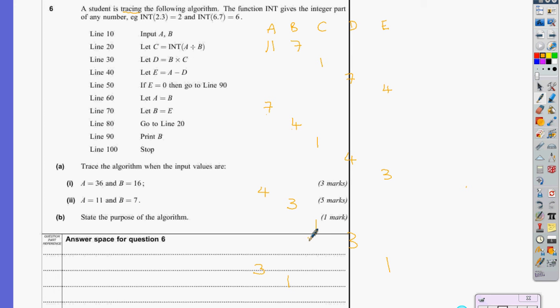C is the integer of 3 divided by 1, which is 3. D is B times C, which is also 3. And E is A, take away D, which finally is 0, because I've run out of space down here. Okay, then E equals 0, so we're going to do print, and it should be lower down than that, print B, and B, if we go back up, the latest B is 1, so I'm going to print 1. Okay,